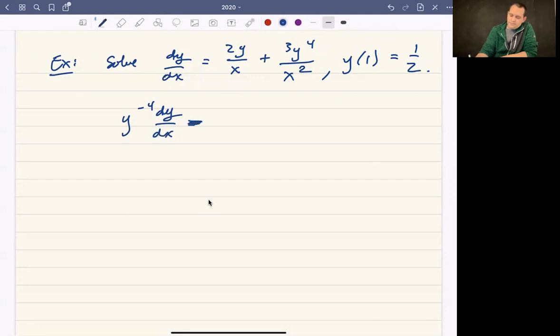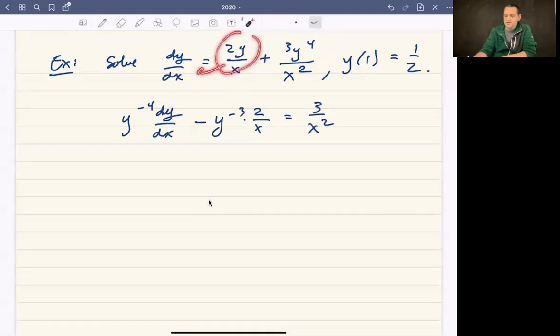minus y to the negative 3rd times 2 over x equals 3 over x squared. So we did two things there. We moved this 2y over x to the left side, and then we divided by our y to the 4th term. And now we're ready to substitute, and we're going to end up with this y to the negative 3